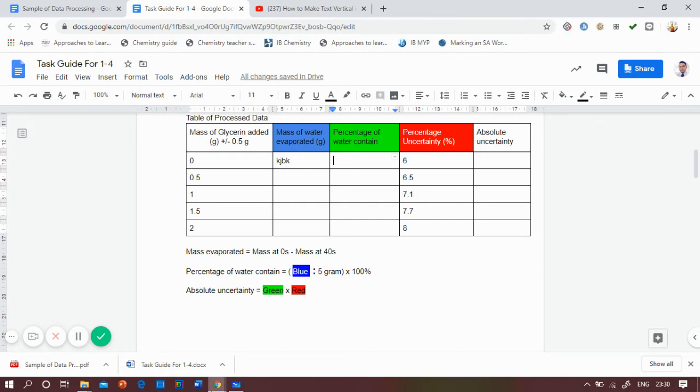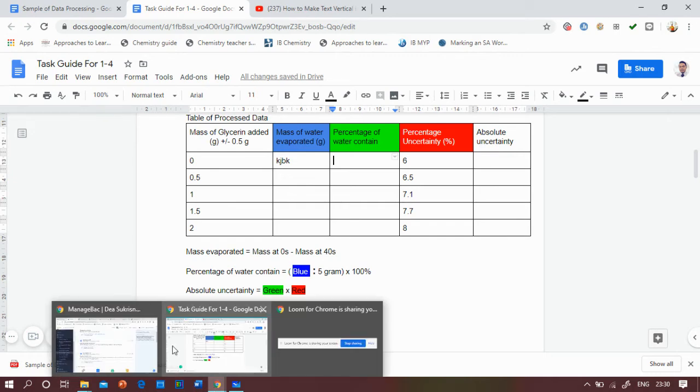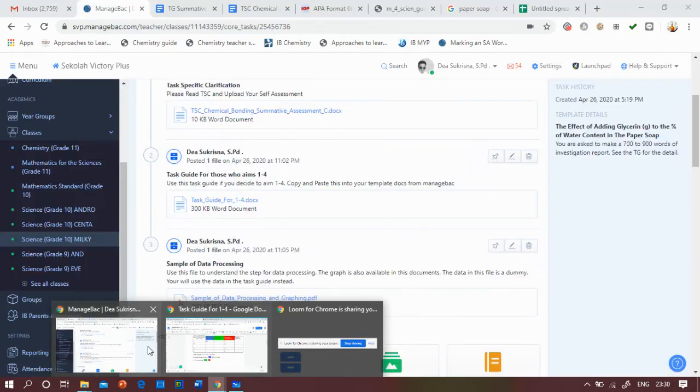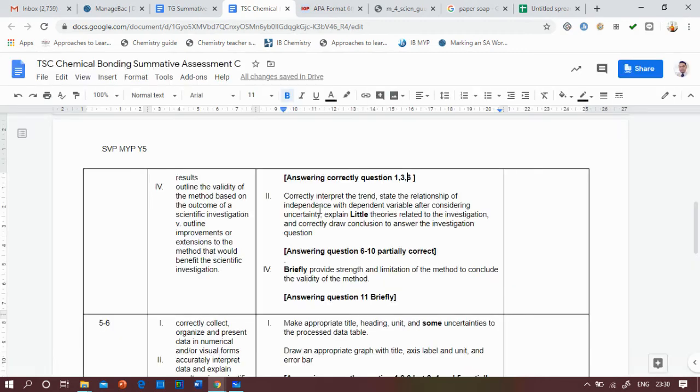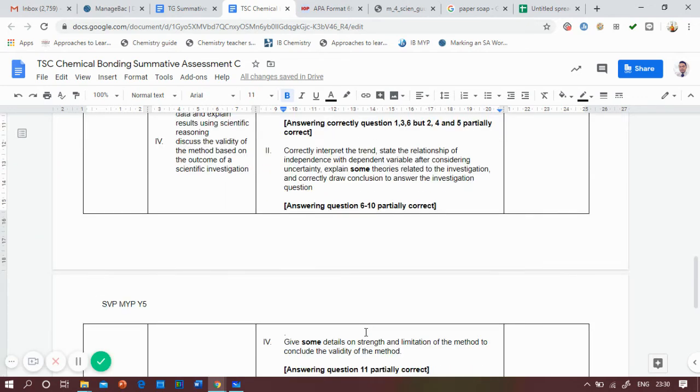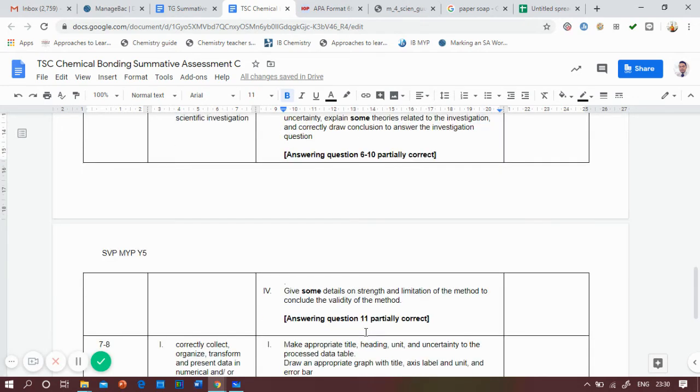Let's go back to the task specific clarification again. Okay, so in task specific clarification, let's start with the level 7 until 8.